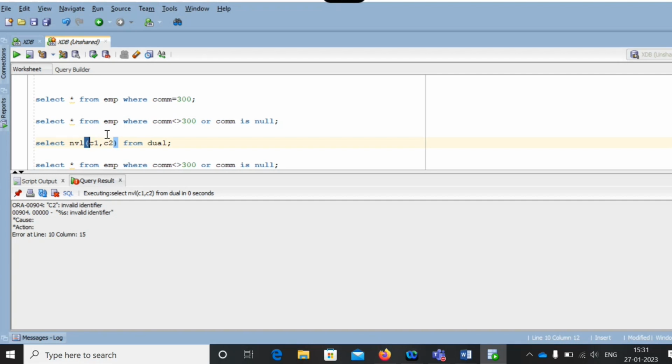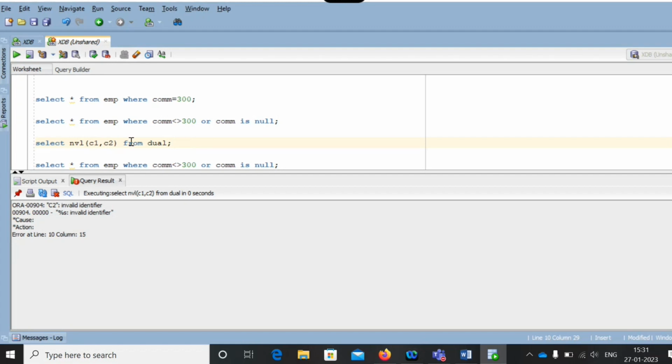So usually the NVL function is used to replace null values with any not null value. It won't touch the not null values. If you have any null values, I'm going to replace that null with a not null.